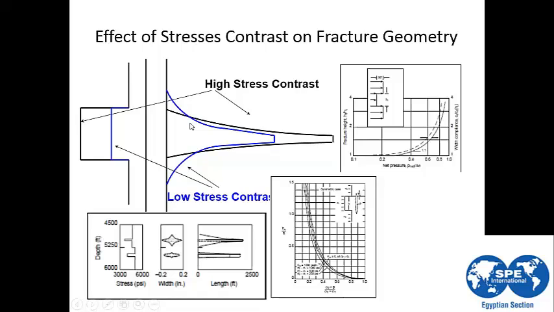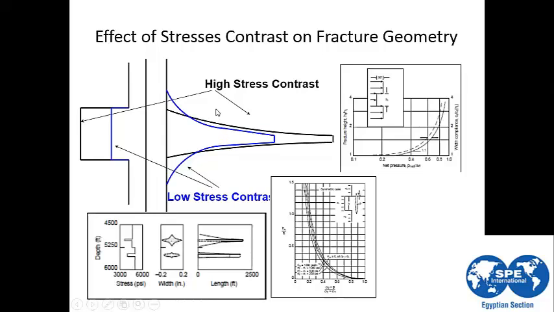If we are going to frac in a high stress formation, this shape depends on the fracture models that we are using. If we are using PKN or KGD, we assume the frac shape is rectangular like this, or if we are using the P3D model, the frac shape will be assumed like this. We can compare here between the low stress formation in blue and the high stress formation with the black line.